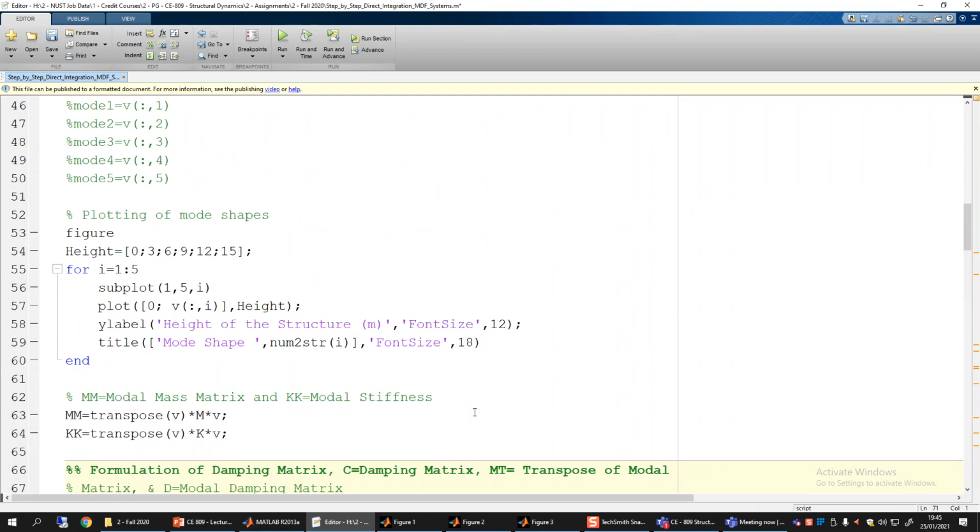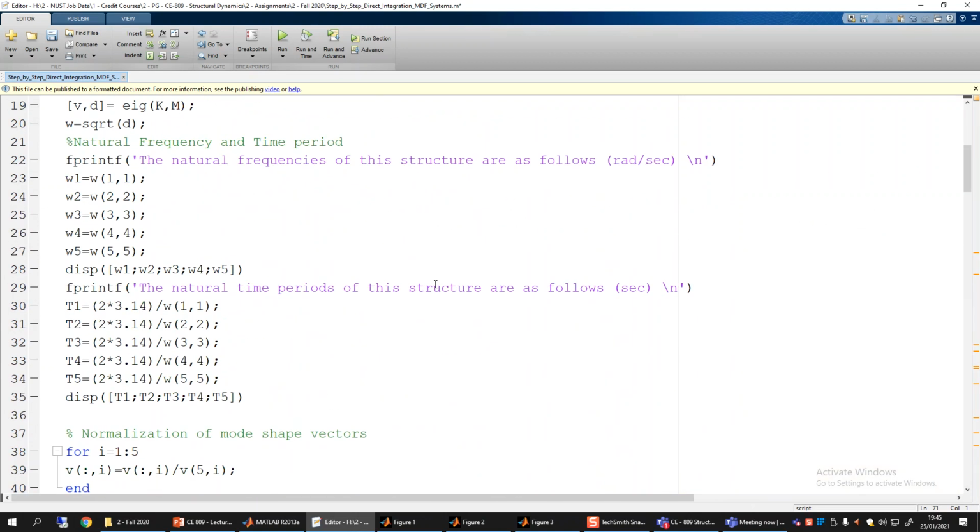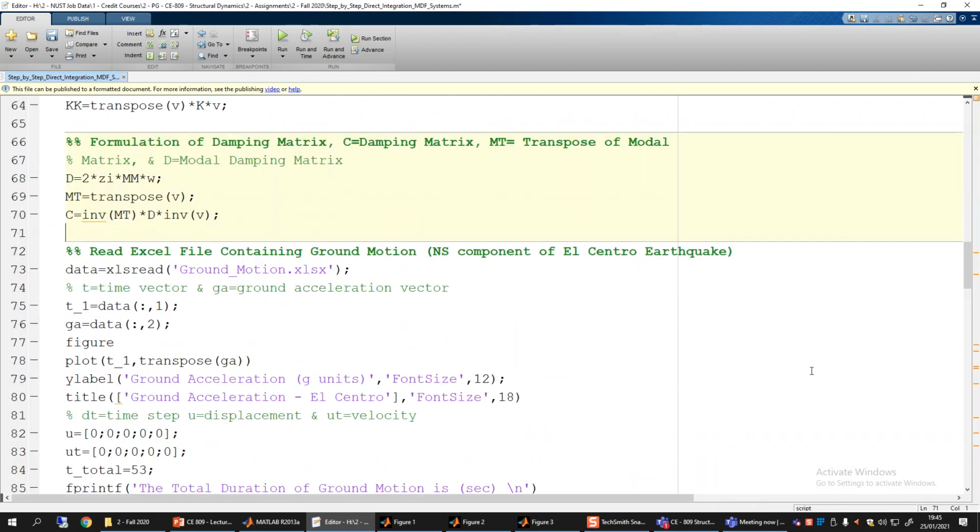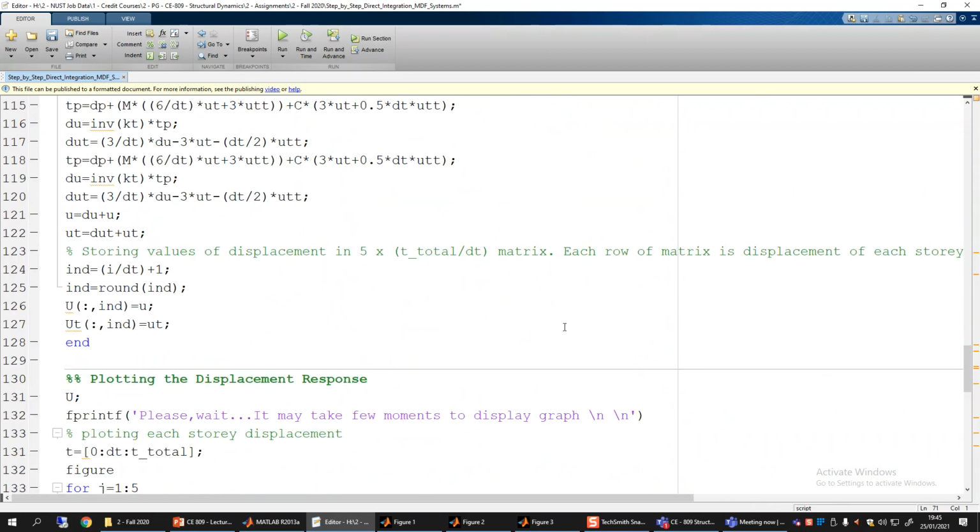Please check how I formulate the damping matrix. In programs, you know there is more than one way in which different calculations can be performed. I would encourage some of you, if you can develop a graphical user interface, that will be more fun.